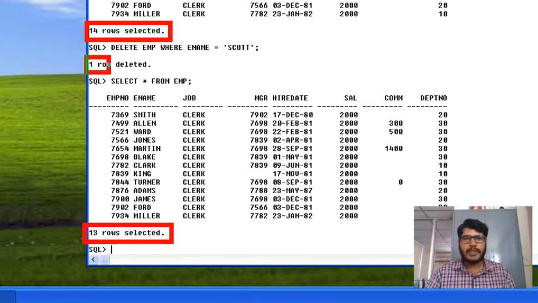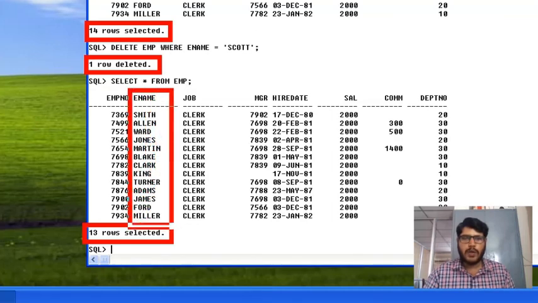After executing the delete statement, one record was deleted, so the remaining 13 are selected now. If you look into the ename column, there is no Scott record in this table. So the entire Scott record has been deleted from the table.